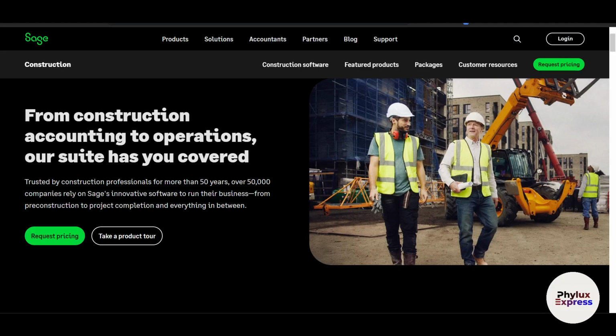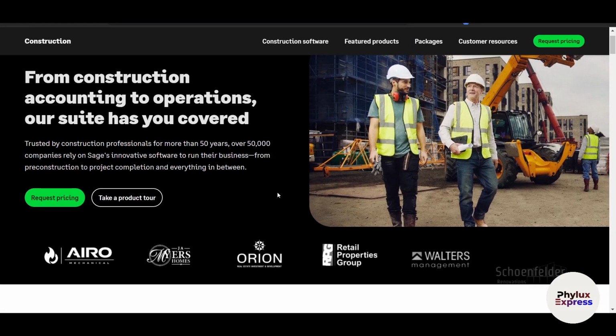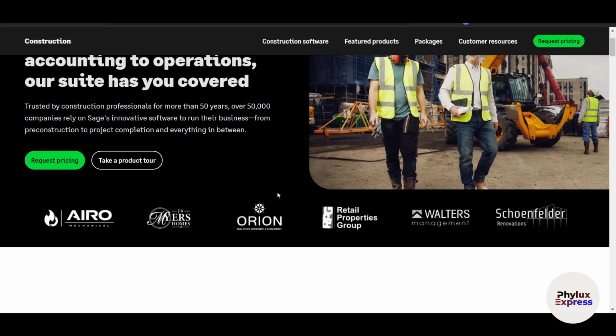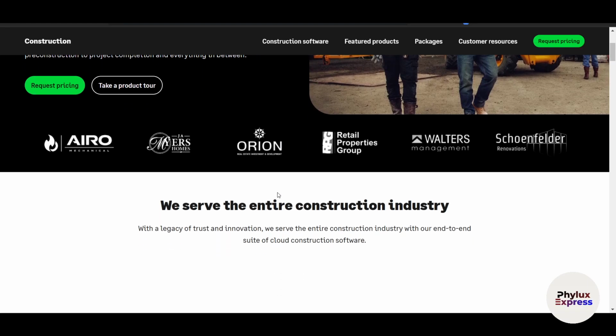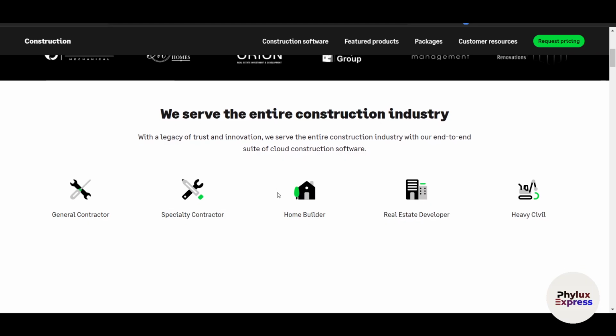Managing construction projects can feel like juggling 100 tasks at once: budget, schedules, subcontractors, and compliance requirements. What if there was a way to bring all these moving parts into one platform? Welcome to Sage Construction Management, the ultimate tool for streamlining workflows, improving collaboration, and delivering projects on time and within